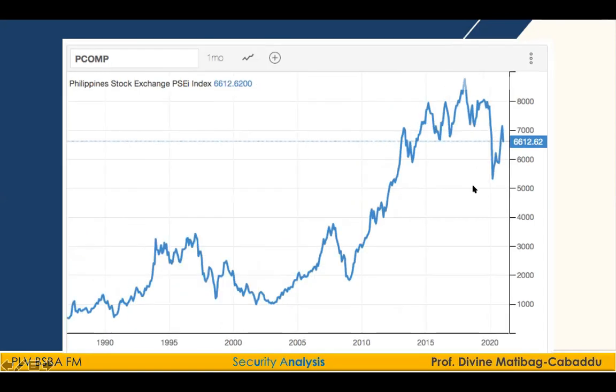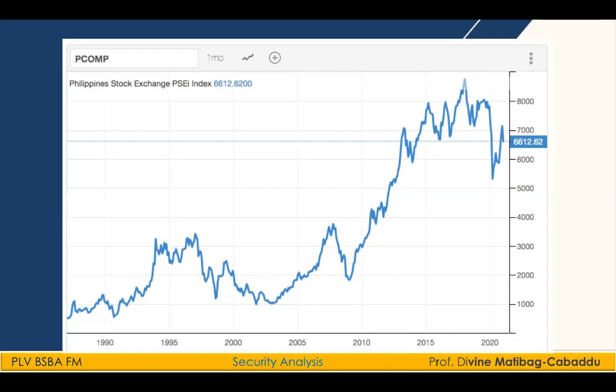And if you look at the 30-year performance of our PSEI, you would definitely see here that this is not the worst on record. This is not the worst performance of our stock exchange. People were asking, how is the Philippine stock market today? Is this the worst year for PSEI? Is this a good time to buy more shares of stocks? Is this the best time for me to sell my stocks and capitalize my profit?